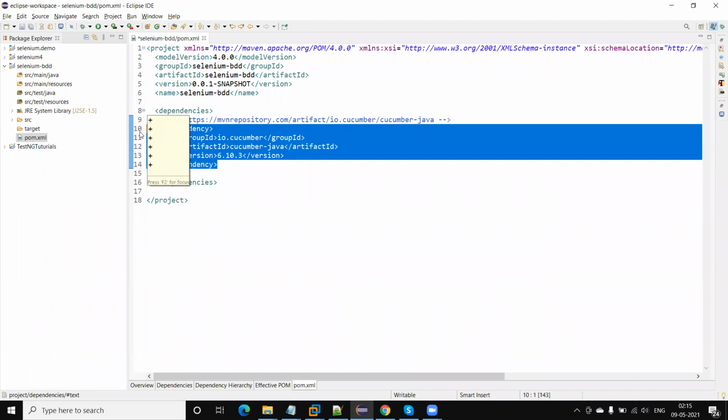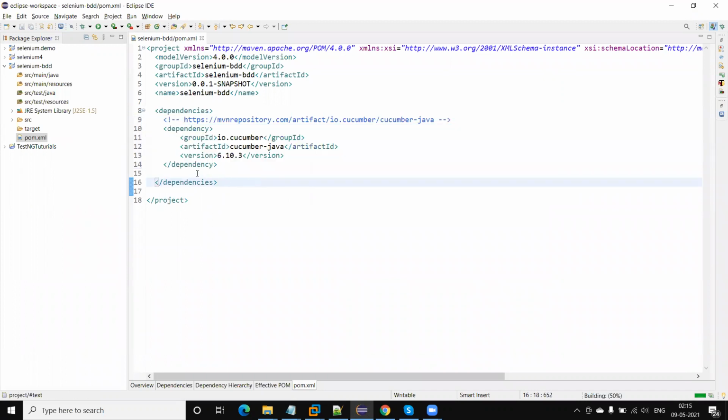here. Okay, so next we require another jar file dependency, that is known as the Cucumber JUnit.